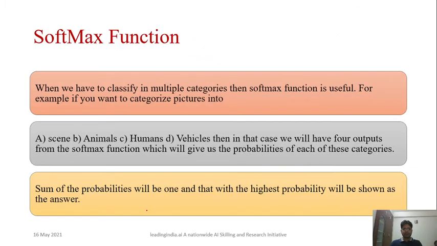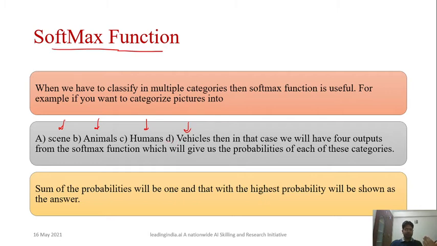In order to make that function, we are using softmax. Whenever you have multiple classes, or you can say multiple categories, you can utilize it. Here we have taken another example. Suppose we have a particular scene with animal, human, vehicle, but we are ensuring that out of the four, only one will be present at a time.